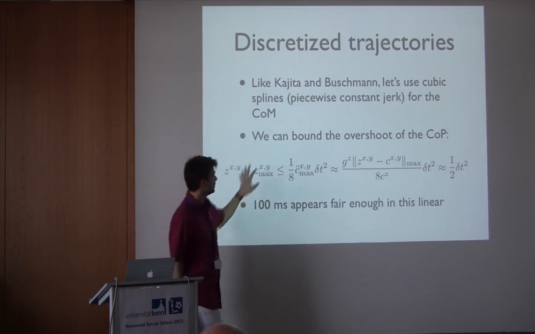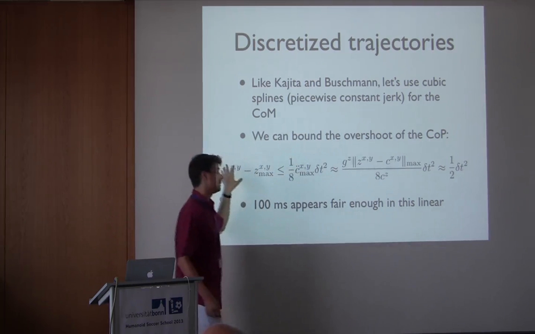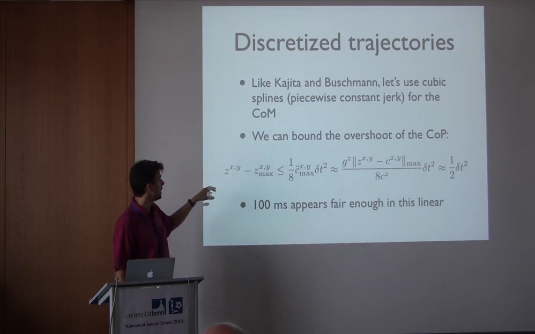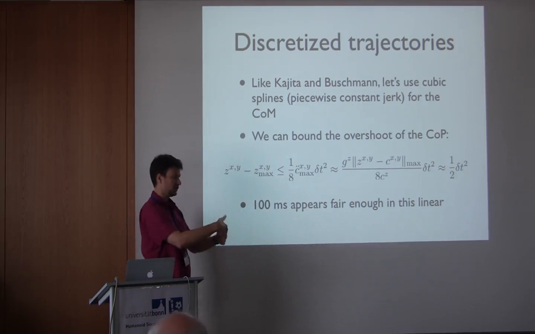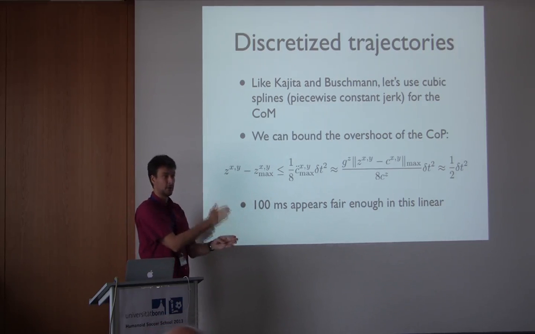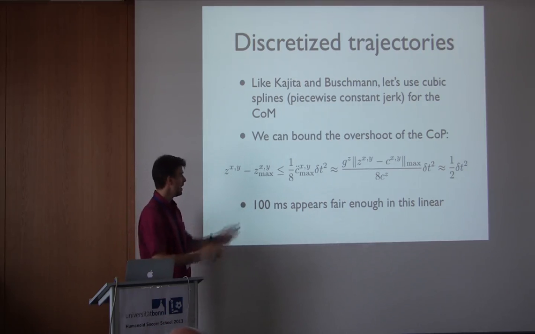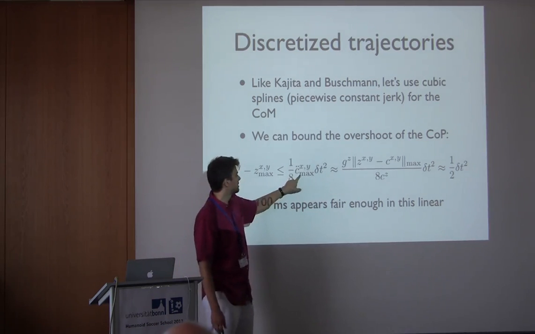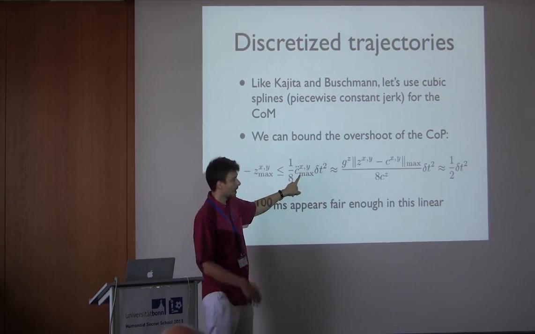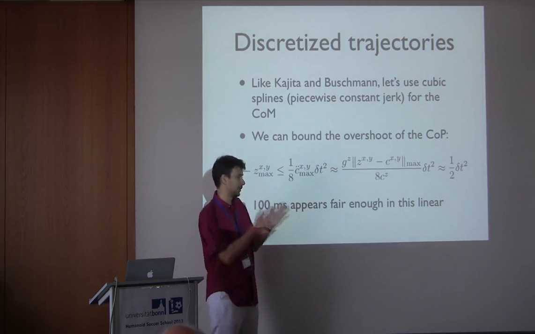But you can bound the overshoot of what's important, which is the COP. So you can very easily analyze that if you give a maximum value for COP, because that's the limit of your support polygon, then the deviation can be bounded with respect to the maximum of center of mass and the square of the sampling